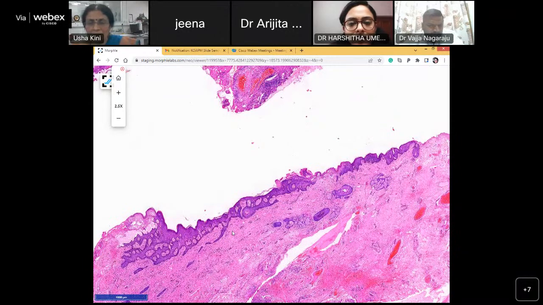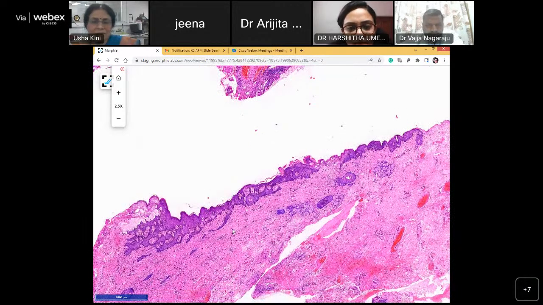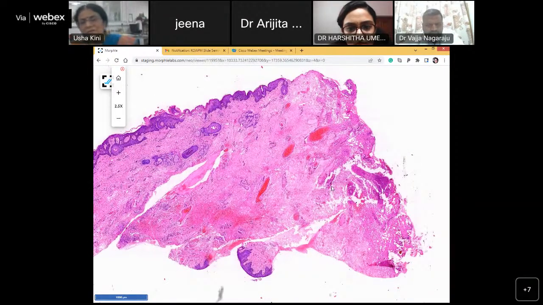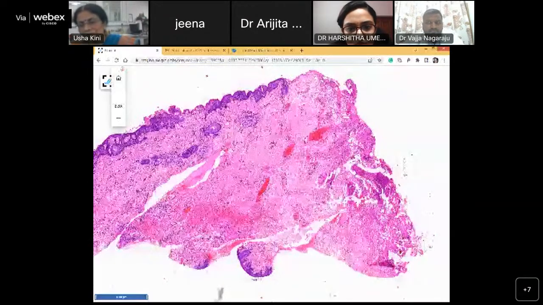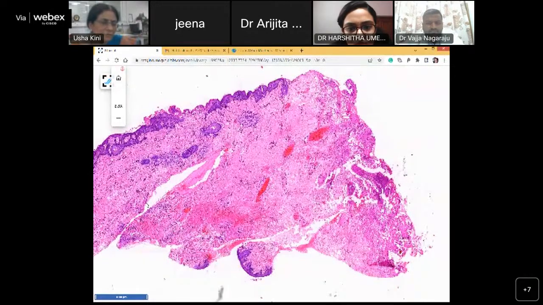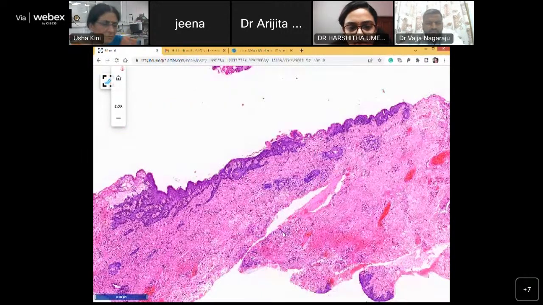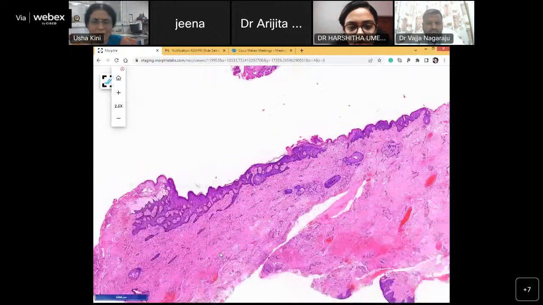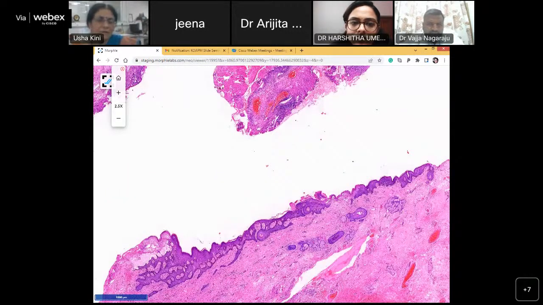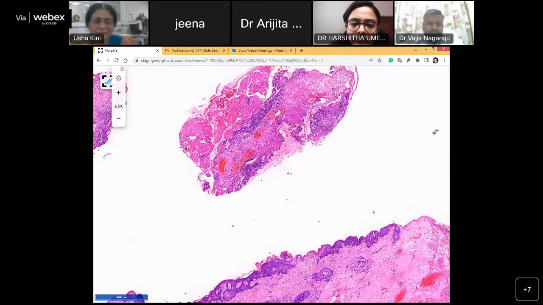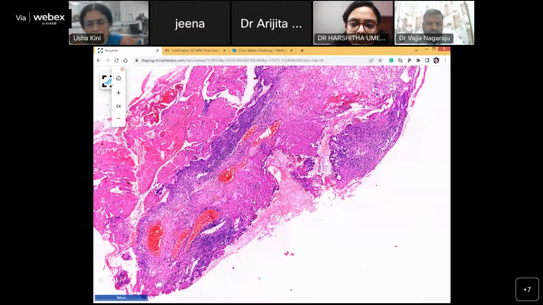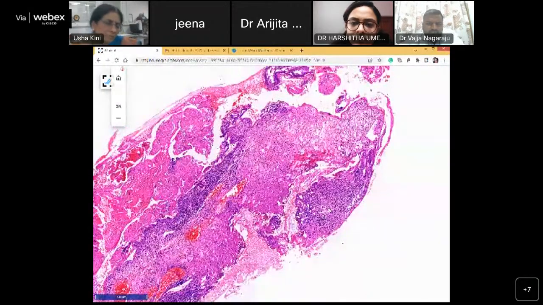If you look at this, there are whole lots of congested blood vessels, which is part of the surgery. But if you look, there is some cautery effect. I'm not very impressed by this fragment. I don't find anything good in this. Did you find any other epithelium other than the anal skin? No, ma'am.